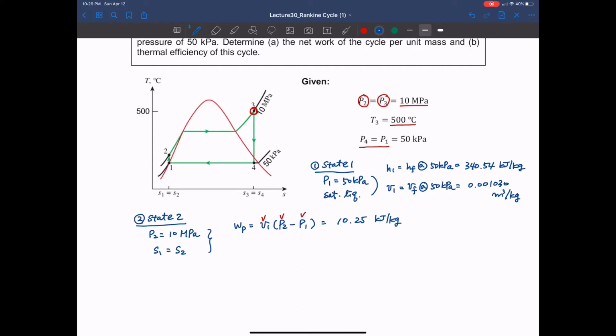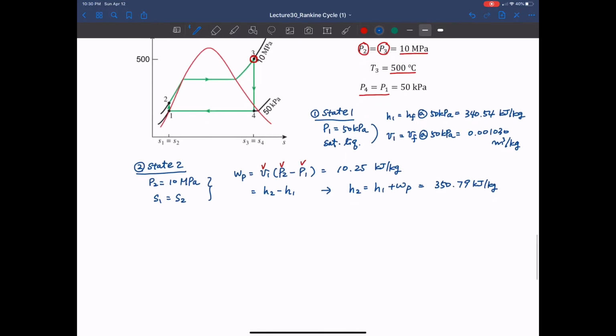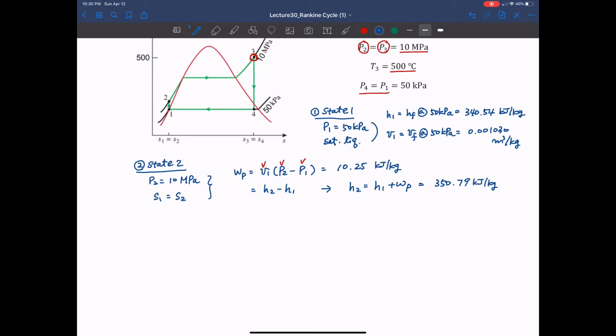But then how can you calculate the enthalpy at 2, at the exit of the pump? Now the pump work, which is written as v1 times (P2 minus P1), should at the same time satisfy the enthalpy difference h2 minus h1. So from this relation, h2 can be written as h1 plus pump work. So yes, we can get this value of h2, 350.79 kilojoule per kilogram. That is a pretty unique procedure only for the Rankine cycle analysis. So I really want you to understand this process where we use v1 times (P2 minus P1) as the ideal pump work. Now, in state 3,